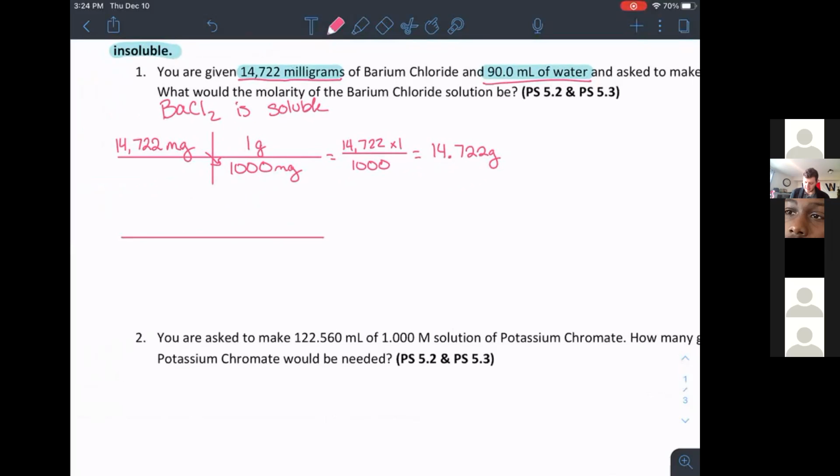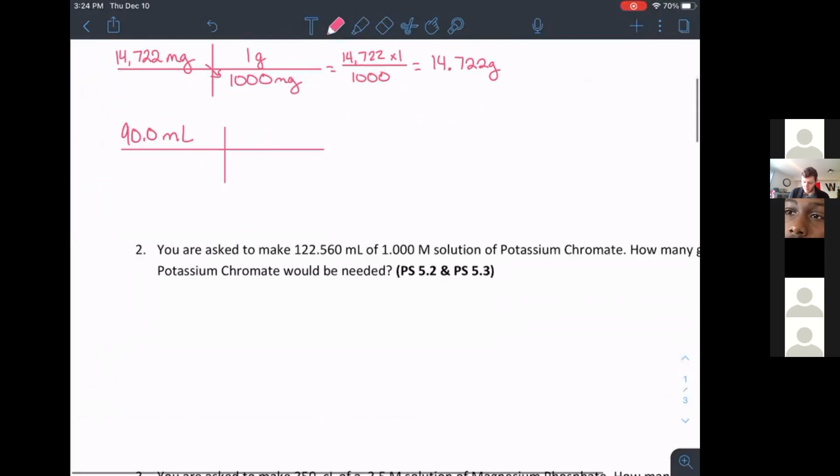So I'm going to set the second one up, and for this one, I'm going to put my 90.0 milliliters on top. Just like our milligrams to grams, there are 1,000 milliliters in 1 liter. So when we do this, we have 90 times 1 divided by 1,000 gives us our answer of